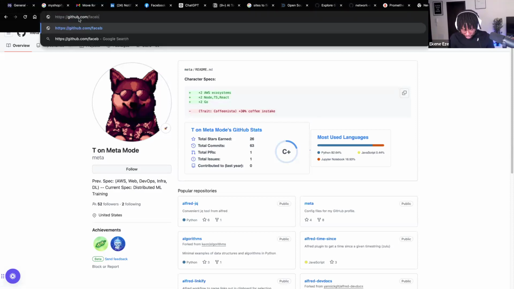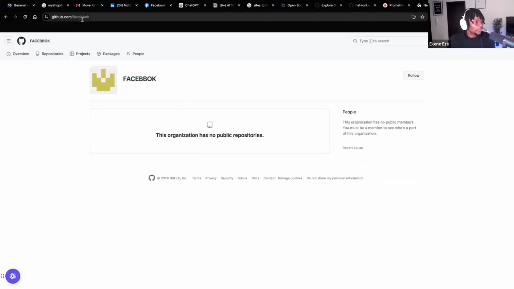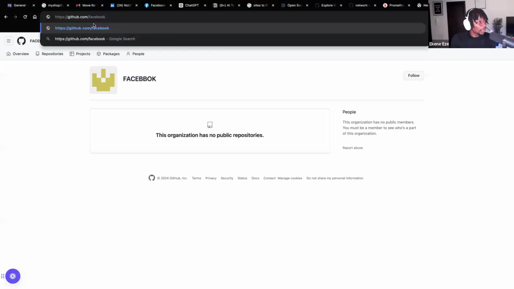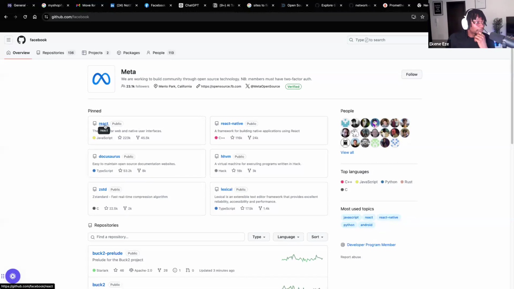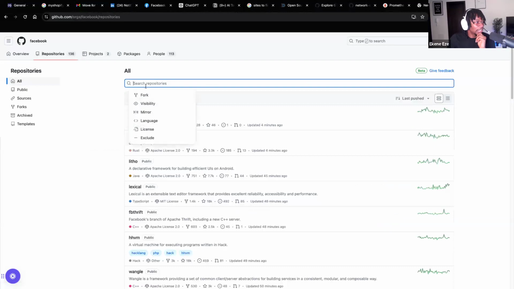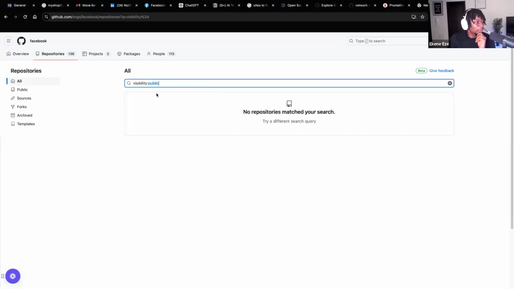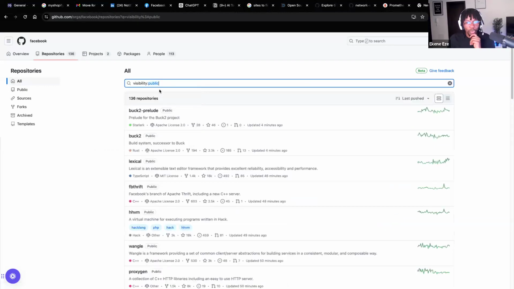So what I usually do is I go to github.com. Facebook is misspelled. Yeah, this one, Facebook. So what I'll do is I'll come to the repositories again. I'll change the visibility to public, and this will tell me all the open source projects that Facebook has.